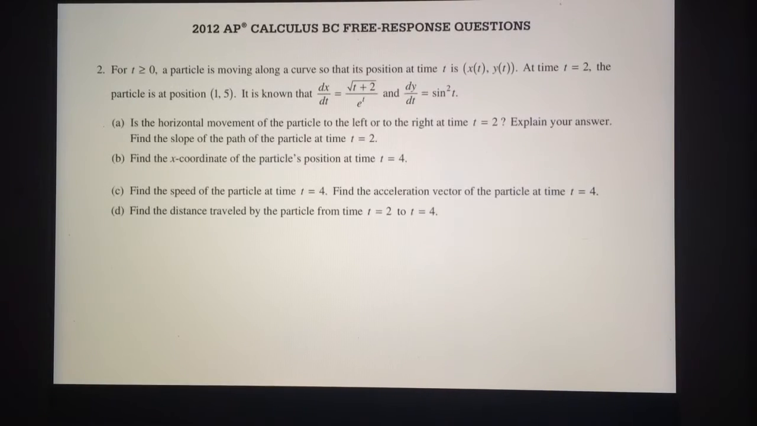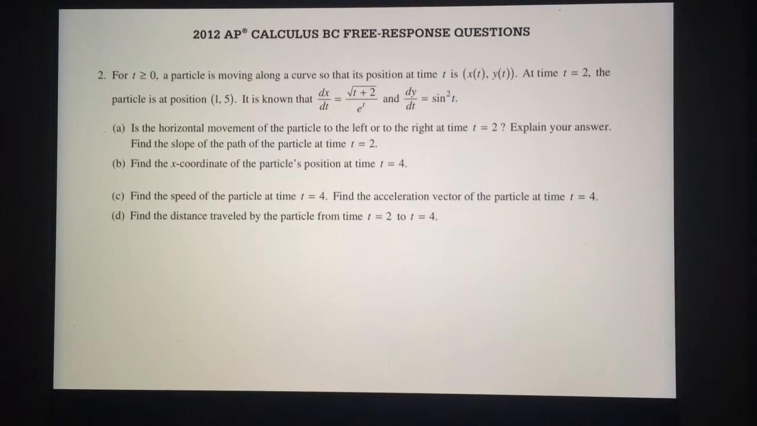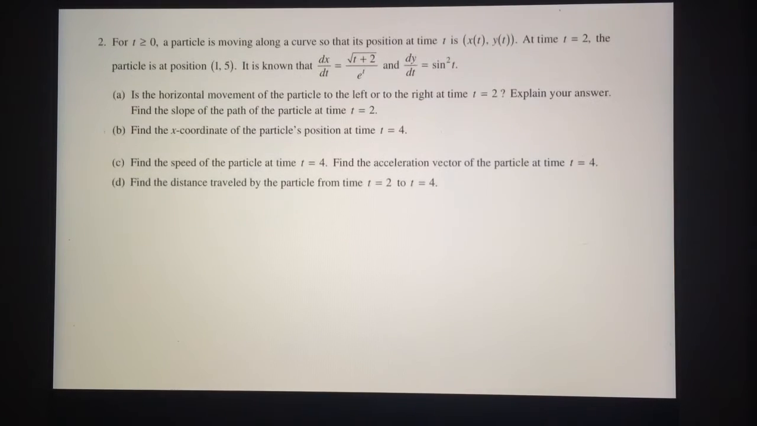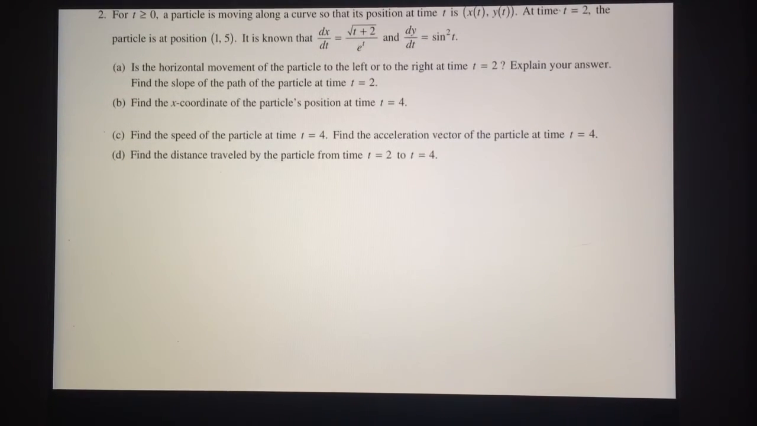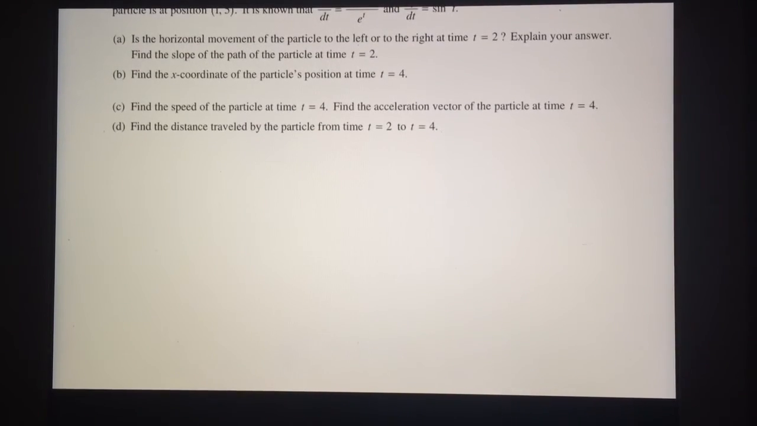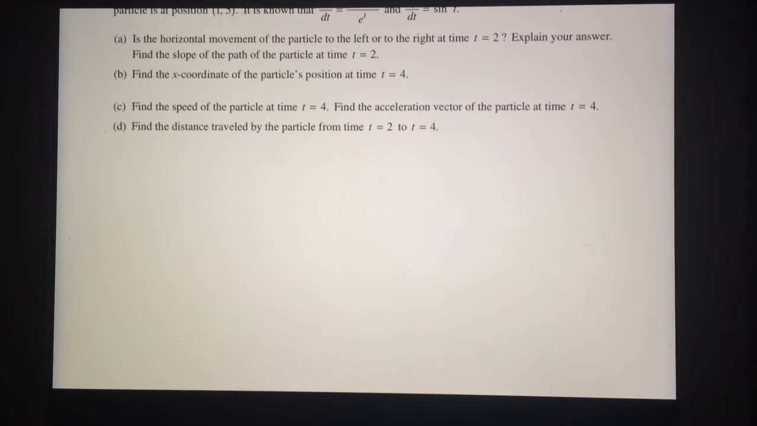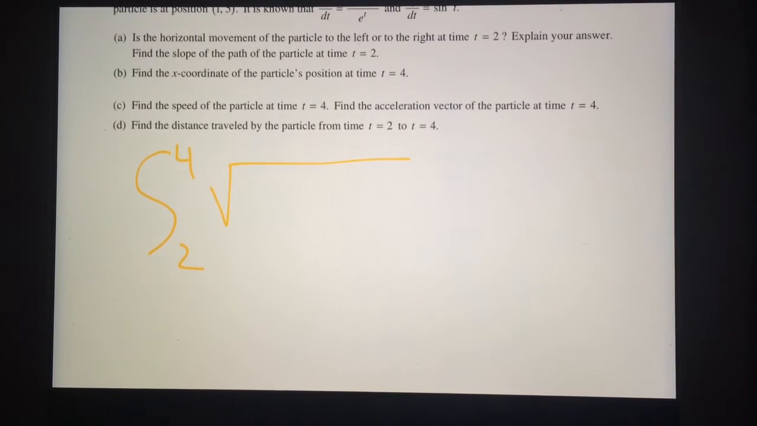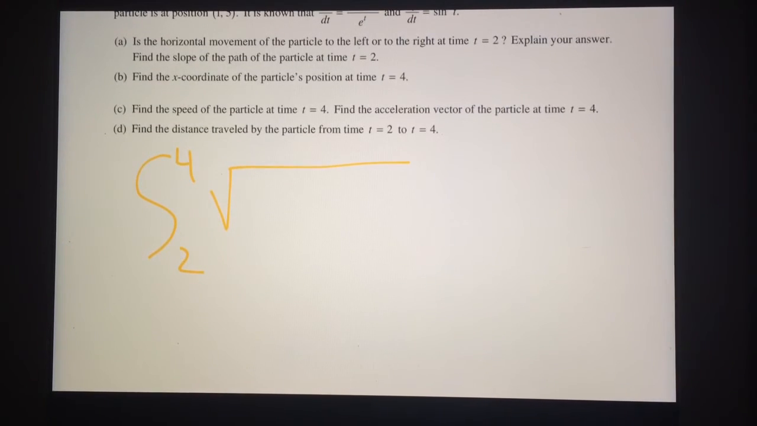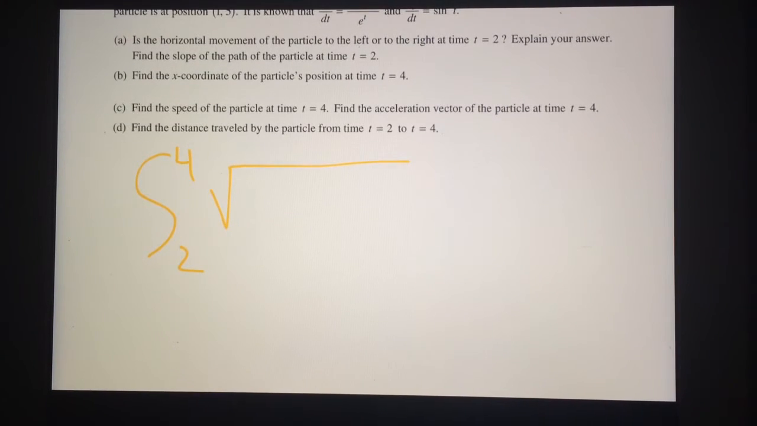D. Find the distance traveled by the particle from time t equals 2 to time t equals 4. And for this, we're going to need the speed equation again. Because if we want to find the distance traveled, we want to basically take the integral from 2 to 4 of the speed, because that's the same thing as finding the antiderivative of the velocity, which is the position. And if we chart out its position, we know how far it's moved. So 2 to 4 of